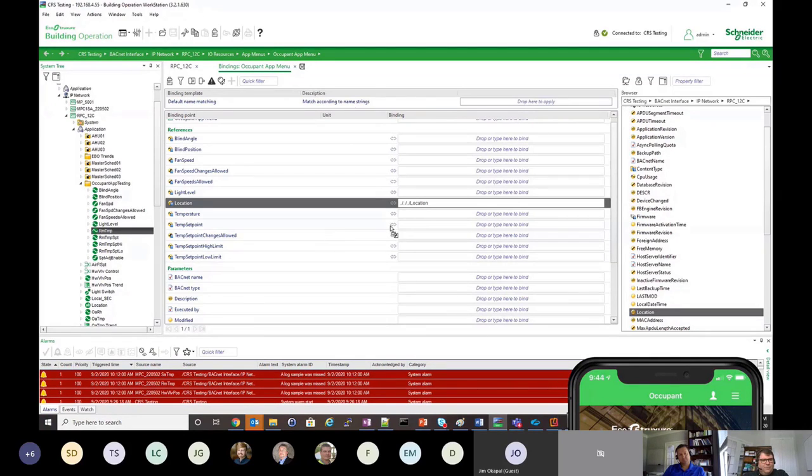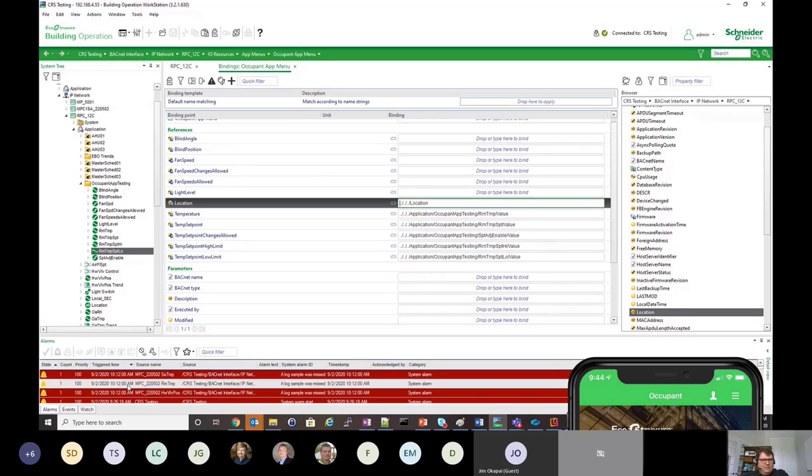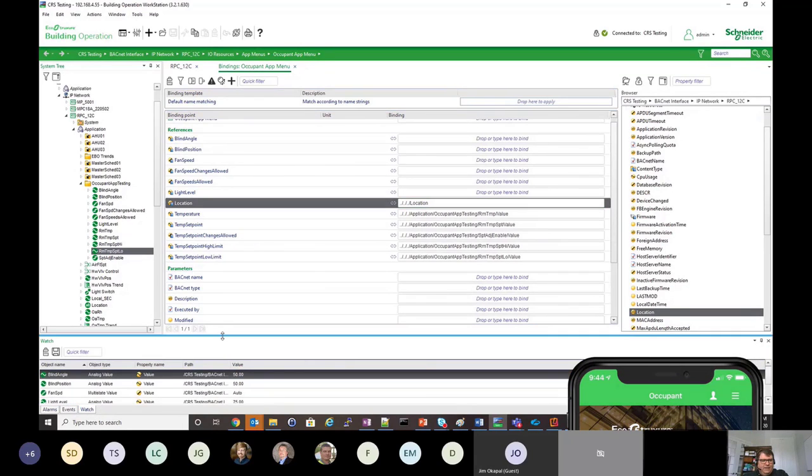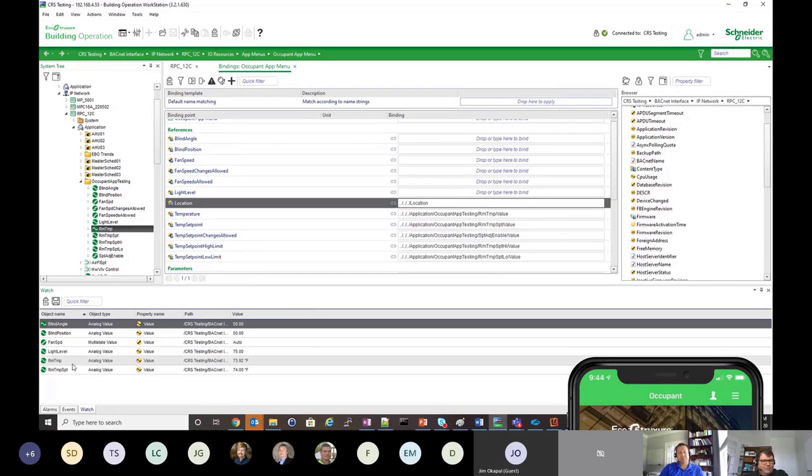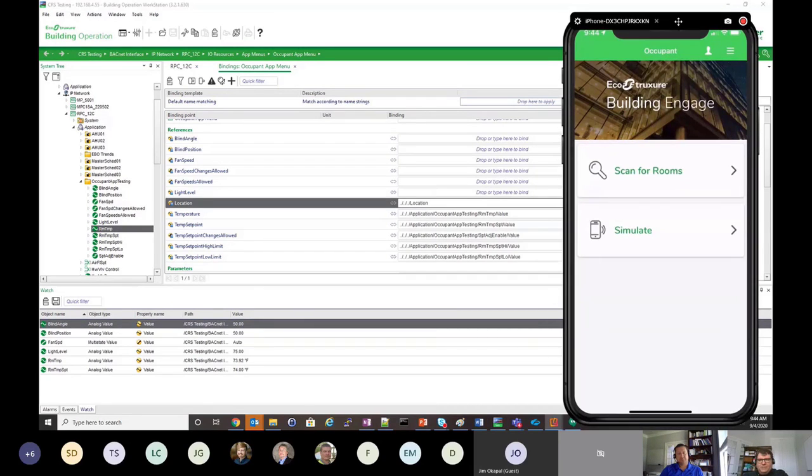So I'll bind room temp to temperature, room temp set point to temp set point, temp changes allowed. I'm calling that set point adjust enable here. The temp high, set point high limit, set point low limit, and we'll save these bindings. All right, let's check this out. If I bring this up, I've got a few other things here, but let me put room temp down here. So we've got room temp and room temp set point. And then if I bring my mobile device screen up,